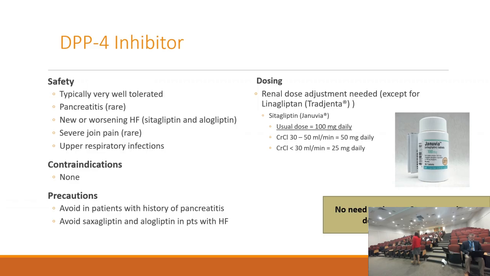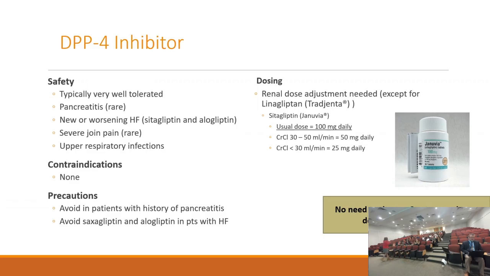I'll point out the dosing. Januvia is probably the most commonly used DPP-4, and it comes in 100, 50, and 25, but you always start at 100 unless they have reduced renal function. So the 50 and 25 are only for people with reduced renal function. I would say this is often misprescribed because when providers are ordering this medicine, they see all the strengths, and so they naturally start with the lowest and want to titrate it, but that's not how this medicine